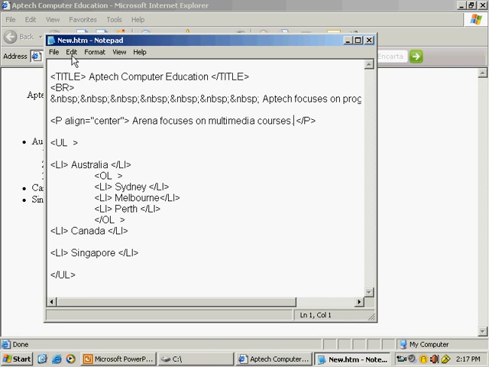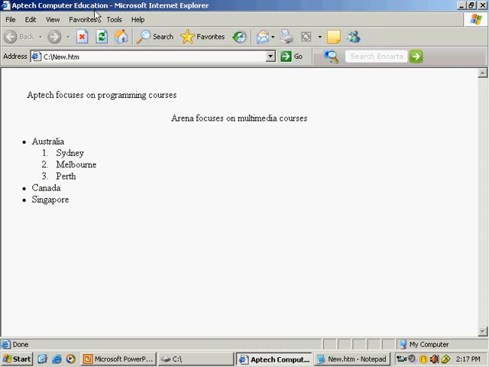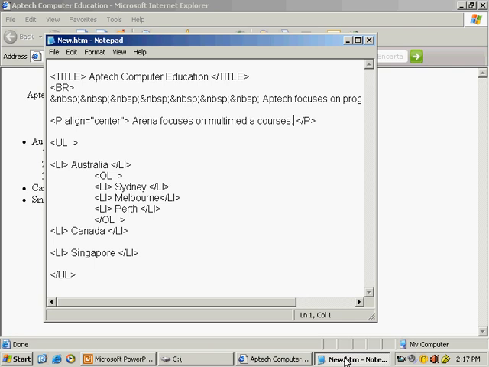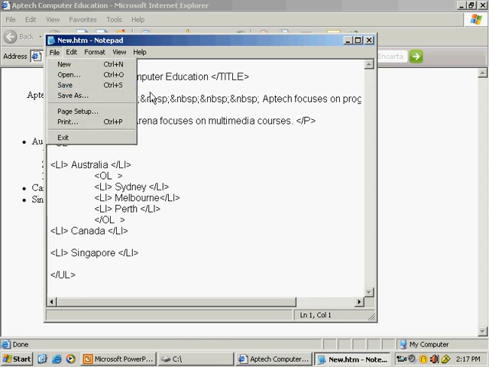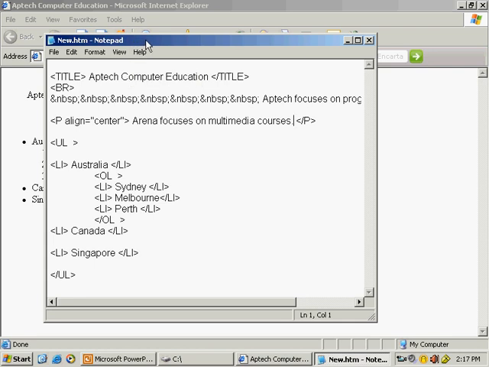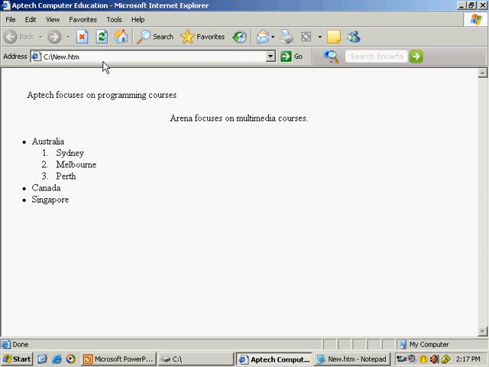Let it be open. Click on Internet Explorer or directly you can click refresh. You can see the dot has been added. So whenever you want to make changes, come to Notepad, make changes, save the file using Ctrl S and directly you can press this refresh button to get the latest. Thank you.